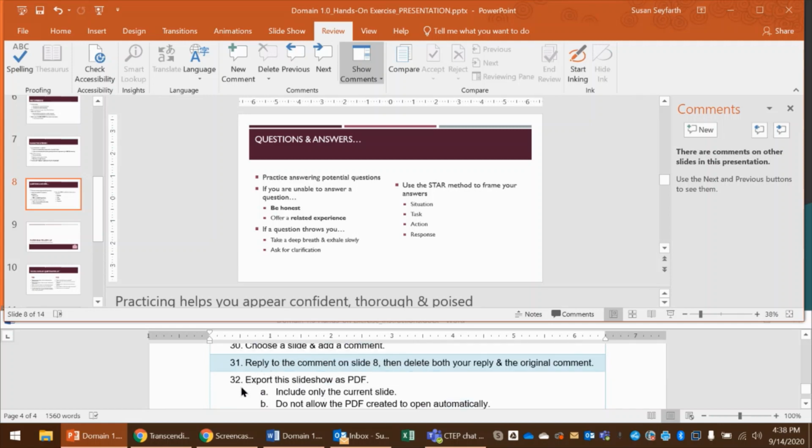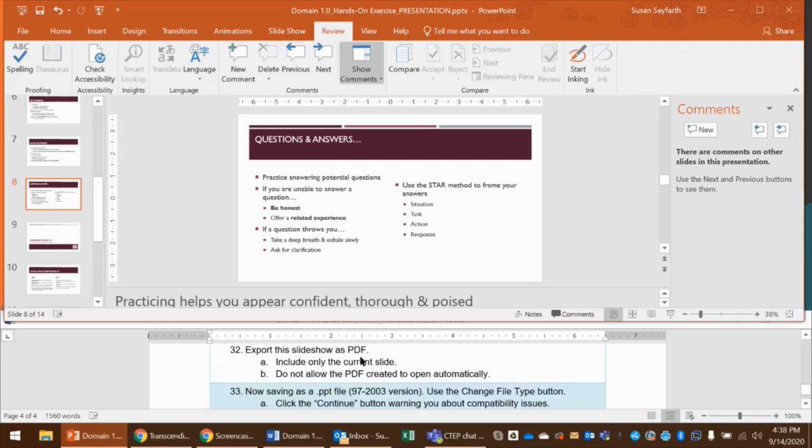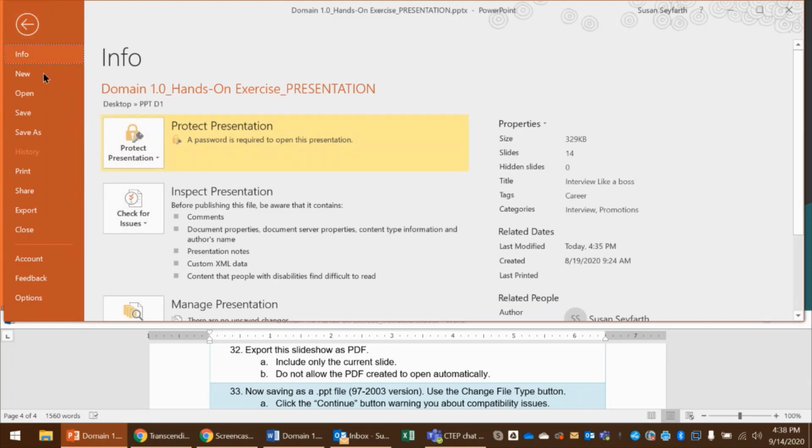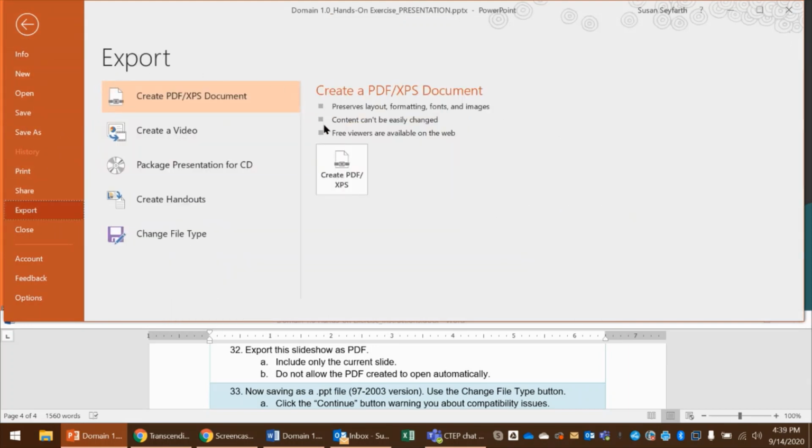So let's go to number 32. Let's export this slideshow as a PDF. Include only the current slide, the one that we're looking at, and do not allow the PDF to be opened automatically. I'm going to close this comment sidebar. We're going to go to the File tab to go backstage, and we are going to go to the Export option right here. I'm going to use this Create PDF button,